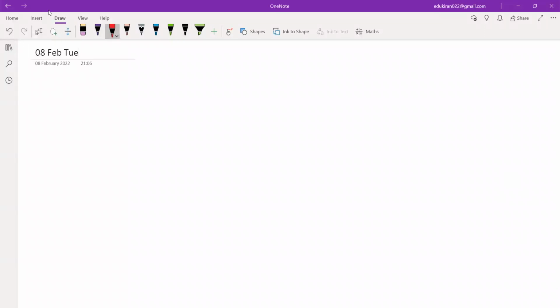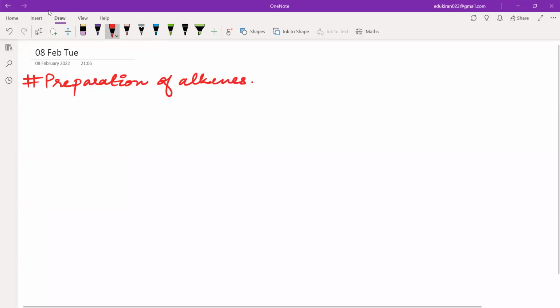So the topic is preparation of alkenes. No, you don't have to write, by the way. You just need to listen. Preparation of alkenes. So in preparation of alkenes, first of all, we will be having